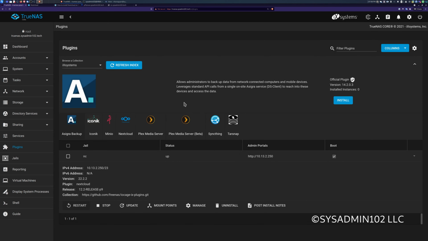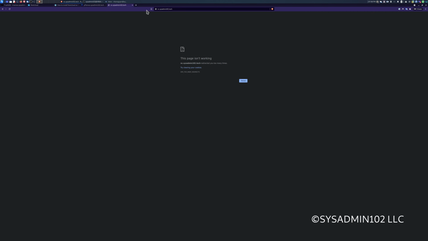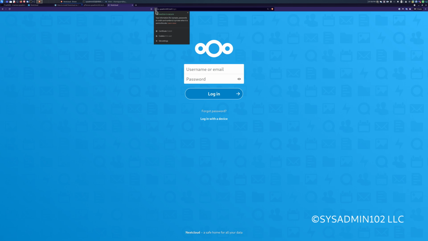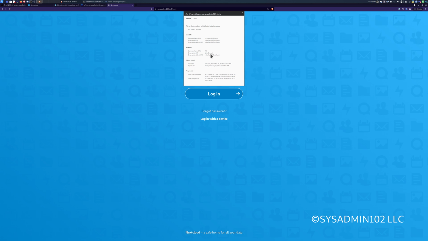All right, so I'm going to go ahead and refresh the login portal. Okay, as you see, you're able to access the Nextcloud admin login portal, and you click on the icon right here. Notice how it's no longer red, because the certificate is actually issued by Let's Encrypt. There you go, issued by Let's Encrypt.